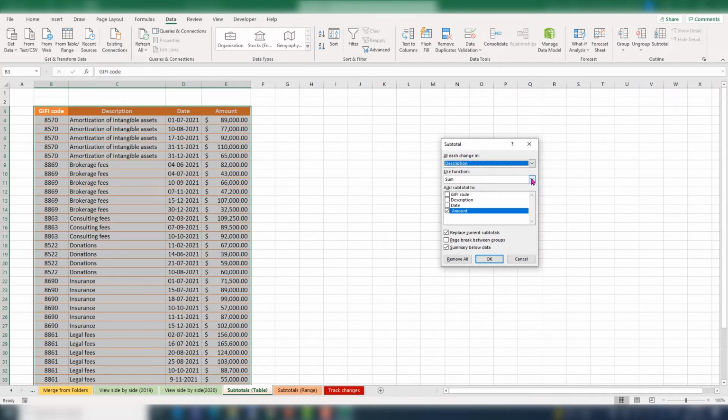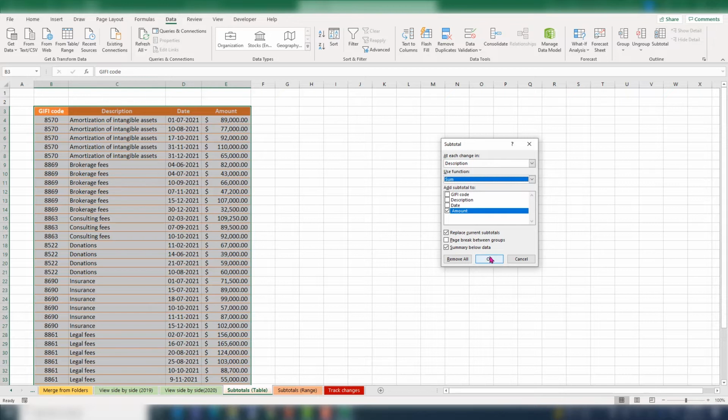Well, the system is asking me, okay, are you looking for a sum, a count, an average, a max, a min? I'm looking for a sum. Now Excel is asking me, where would you like to add the subtotal to? I will leave it as is because I would like the subtotal to be added in the amount column. You can leave the default options as is down here